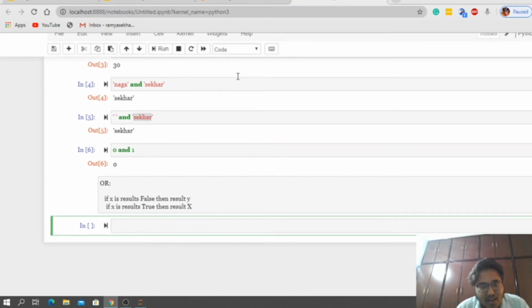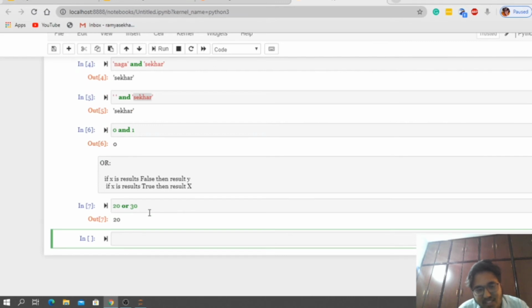Okay, now let me take one example, 20 or 30. See here, x is non-zero. Non-zero means true. True or anything, right? If x is true, then automatically the value will be x. So x is 20, so it is written 20. Is this clear? Now let me take one example, 0 or 10.